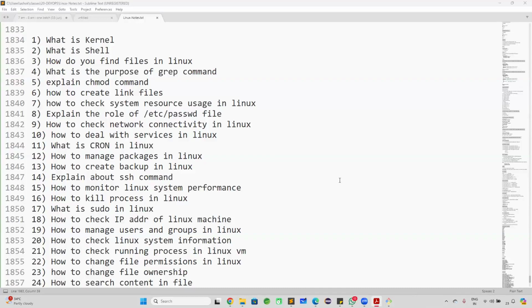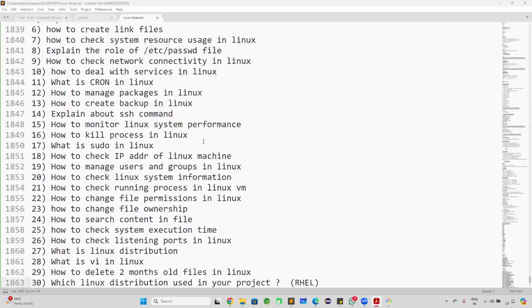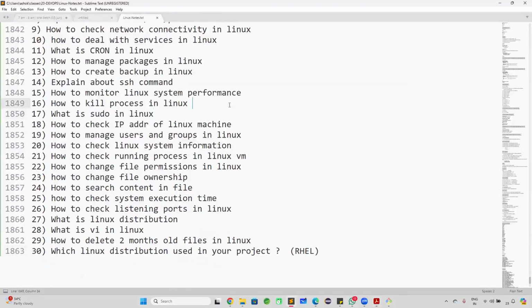Explain the chmod command, how to create link files, how to check system resources, explain the role of the etc password file in Linux, how to check network connectivity, how to deal with services, what is cron, how to manage packages, how to create a backup, what is the SSH command, how to monitor system performance, how to kill a process, what is sudo, how to check the IP address of a Linux machine, how to manage users and groups, how to check Linux system information, how to check running processes,